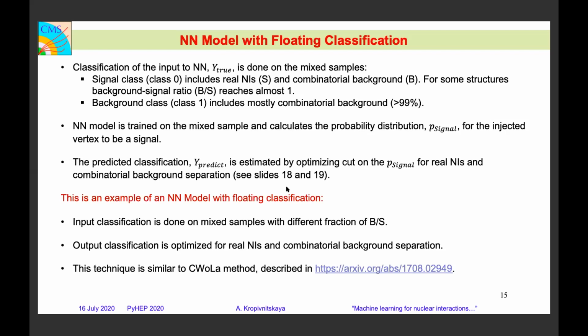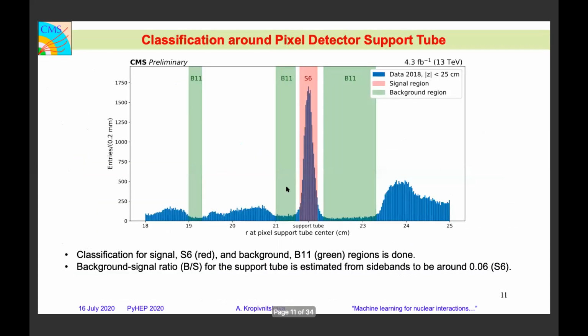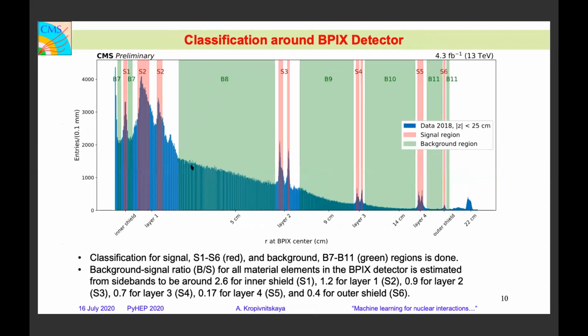And the problem is that when we construct nuclear interactions, very often we have a random combination of the tracks which gives us a shifted displaced vertex. And these random ones are here, in the B11 region, in the B8. This is all random combinatorial vertices. They are not real vertices from a real interaction with the material. They are random vertices. Great. Okay, thank you.